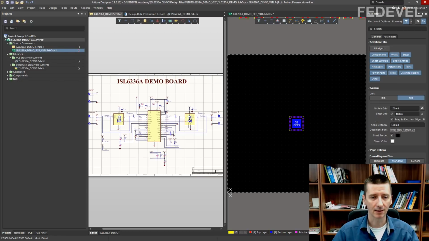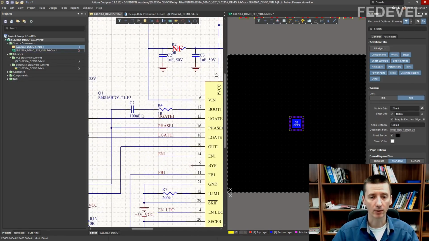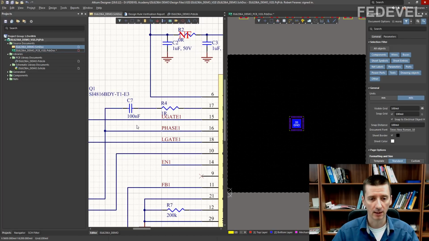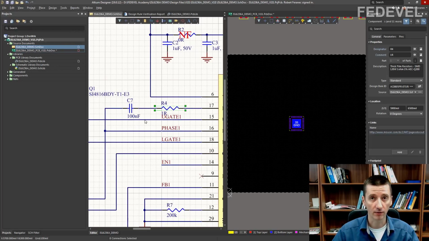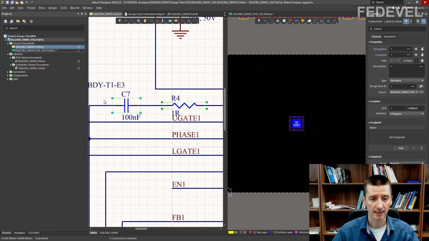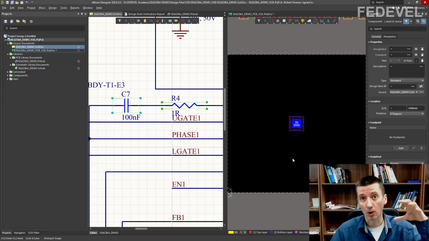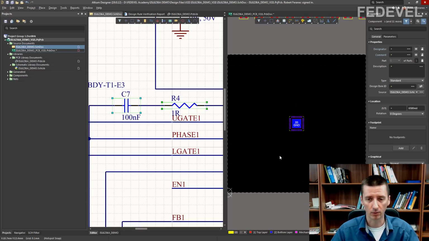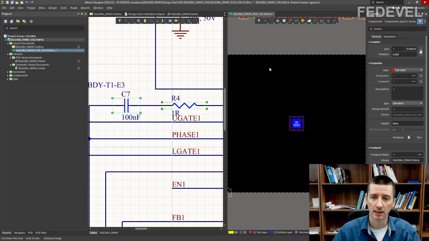Go into our schematic, zoom in, and we are going to place these two components. Left click on the resistor, press shift, hold it down, left click on the capacitor. We have two components selected, and Altium remembers the order how we selected these components. So when we will be placing these components in our PCB, we will be placing them exactly in same order as we selected them. Have a look. Left click into PCB, right click on this placement. We are going to use reposition selected components.